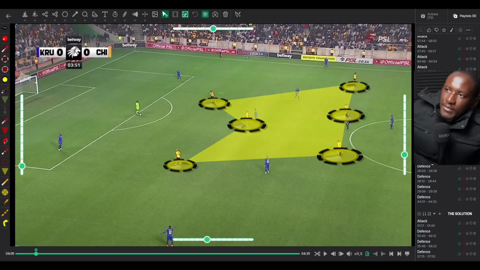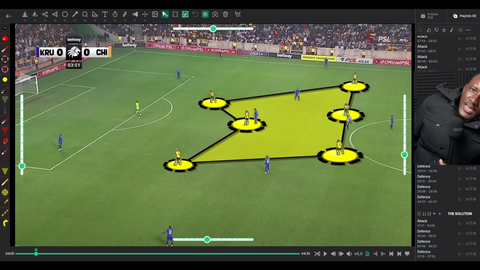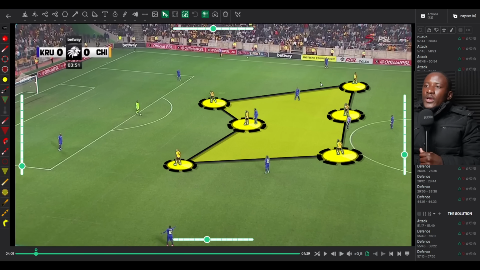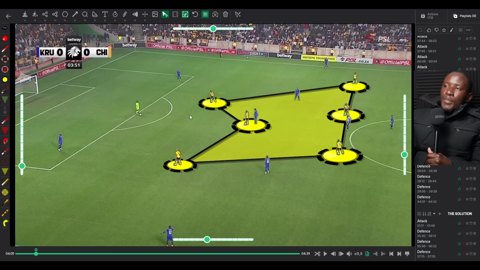So if you watch here, this is Kaizer Chiefs in a very narrow shape. It looks like a 4-3-3, but forget shapes here. The point and the idea here is to block any midfield progression. And Uchislet was usually just staying with the pivot because Letimle Kruger were playing 4-3-3. So these are their three midfielders, and Uchislet was tasked with staying with one of them, the 6. But the idea is to be as narrow as possible.